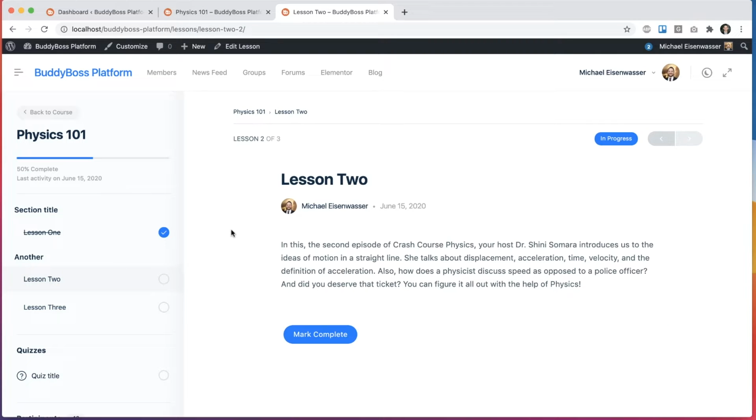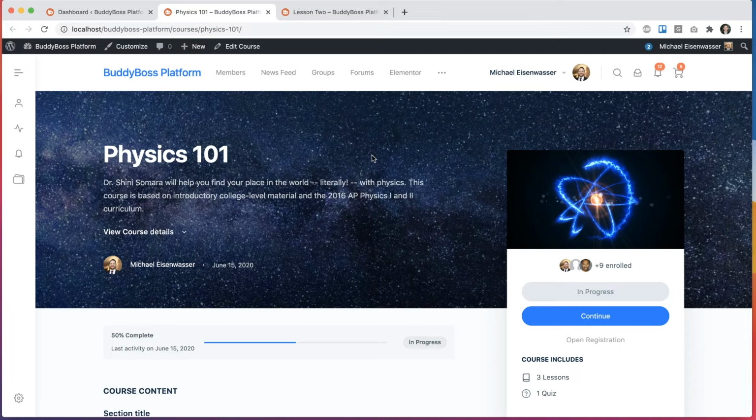If you've been using Lifter LMS, you actually already have this. Lifter LMS registers its own sidebar areas for lessons and courses, so we've supported that for a long time in our theme. And customers like using that. We thought it would be cool to bring that feature into the LearnDash courses for those of you who are using LearnDash as well. To get this new feature, all you have to do is upgrade to the latest BuddyBoss